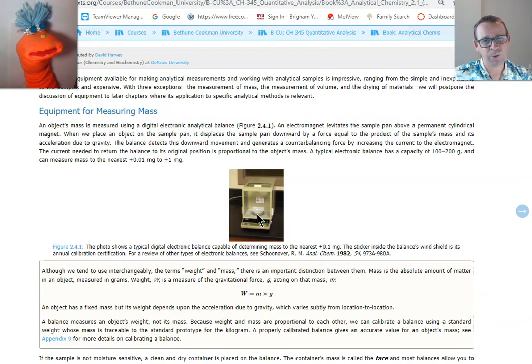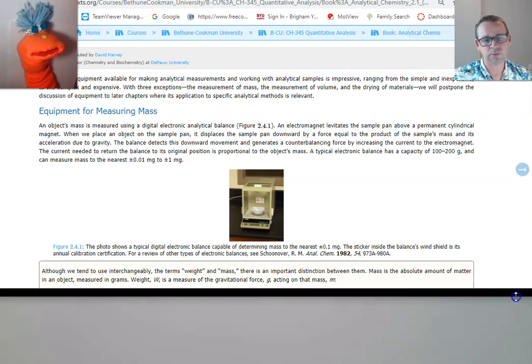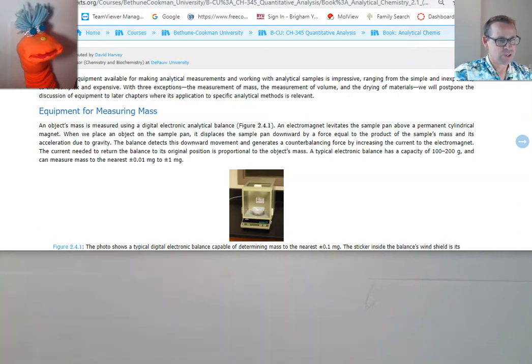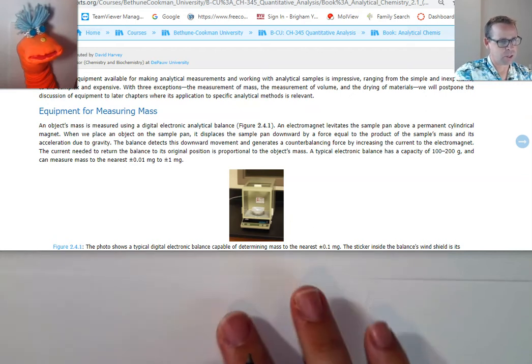The terms weight and mass are generally used interchangeably, but they shouldn't be, because weight is different, and we want to make sure we have a good understanding of the difference between weight and mass. So I always ask people, do you lose weight if you go to the moon? What do you think? No, you don't lose weight. Well, you don't lose weight, but you do lose,